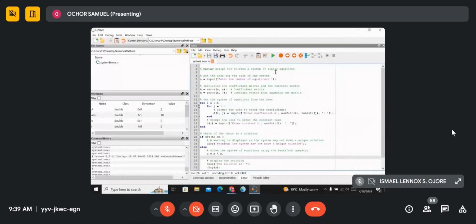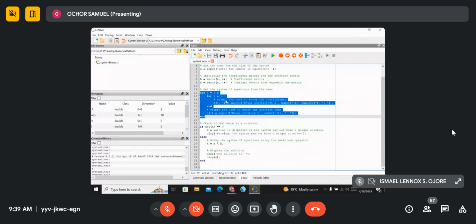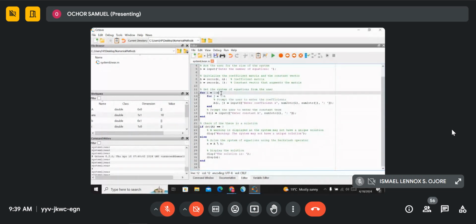Here's the MATLAB script for solving a system of linear equations. I'll briefly explain each line. Here we are inputting the number of equations and storing it in an integer. Here we are initializing A by appending zeros to make the matrix. B is the constant vector that we usually augment to the matrix, the solutions. And then here is a nested for loop for iterating through the matrix and the column vector